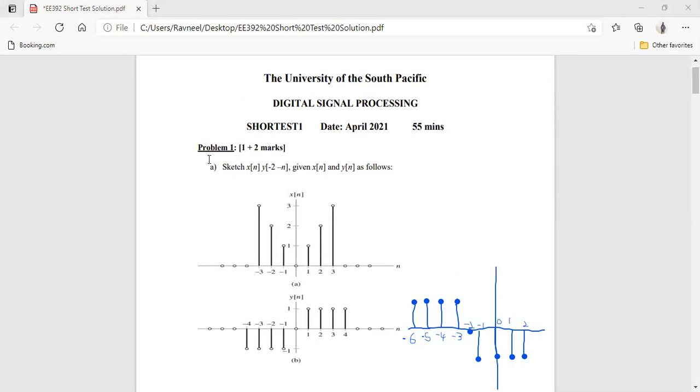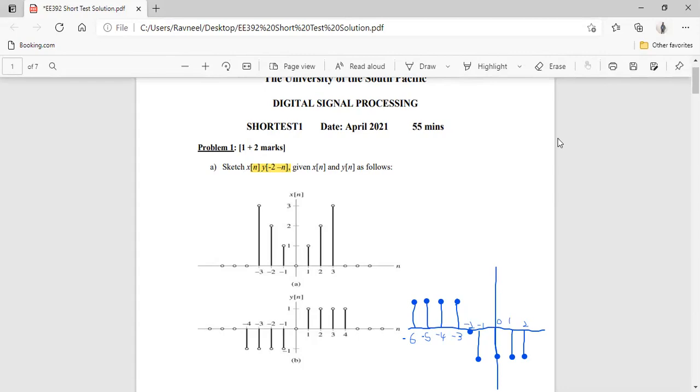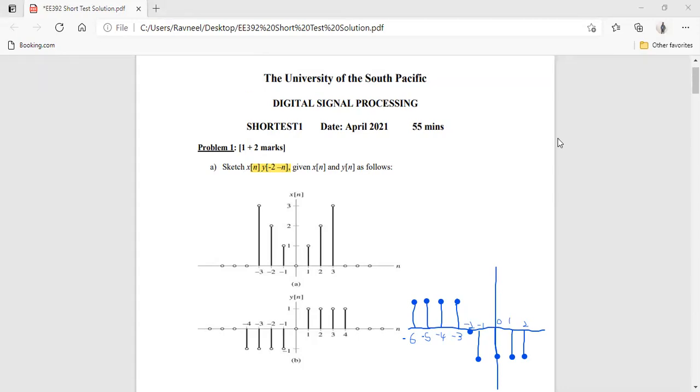Problem number one. You need to sketch x of n, y of -2 minus n, given x of n and y of n as follows. You can see this highlighted term over here. It indicates multiplication, not convolution. If there was a star sign over here, that would have indicated convolution. So most of you made an error in that sense, that you tried to perform convolution,